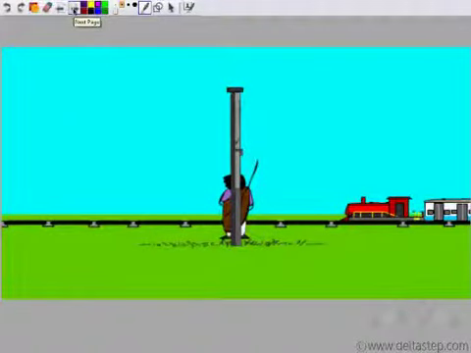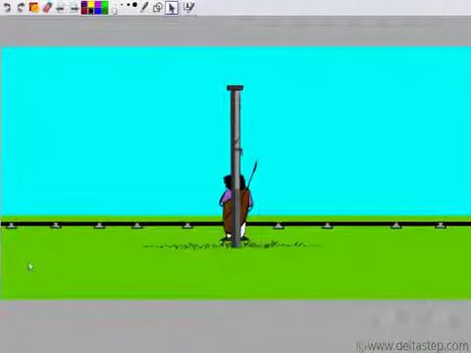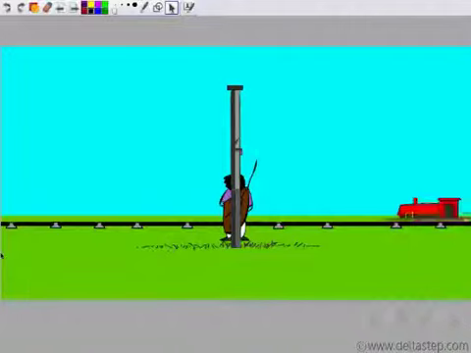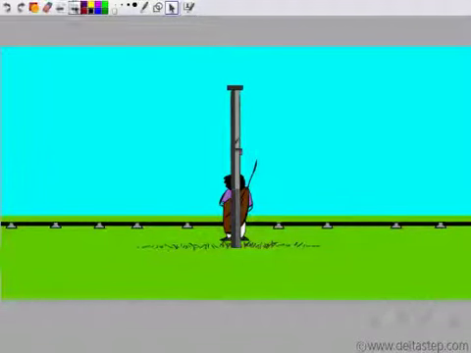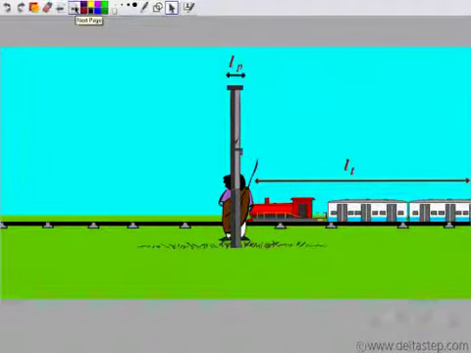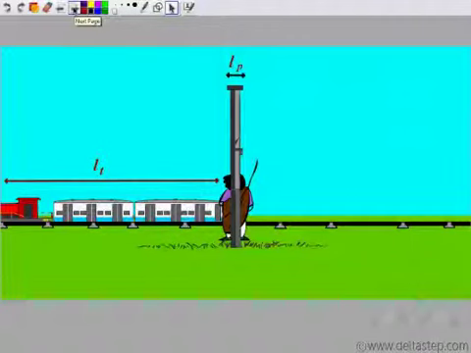Now let's look at the case when the train has to pass a pole or say a standing man. So the train passes the man or the pole. In passing this pole, this is the point where the train is about to pass the pole. Say the length of the train is LT and the length of the pole is LP. Once it crosses this pole, the distance it has covered is LT plus LP.